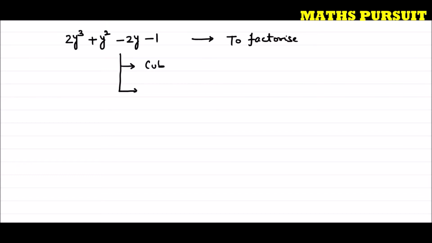this is a cubic polynomial. Why a cubic polynomial? Because the highest power of y here is 3. So looking at this highest power of y, we can easily say that this is a cubic polynomial. Now, if it is a cubic polynomial, we very well know that we will be getting 3 factors. If it would have been a quadratic polynomial, then we would be getting 2 factors. Now keeping this in mind, that we are going to get 3 factors,